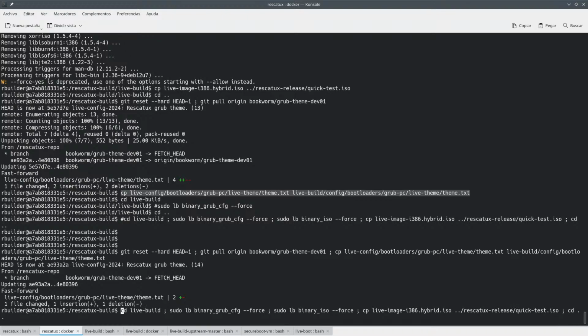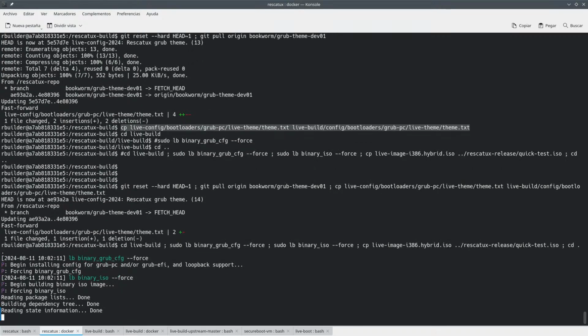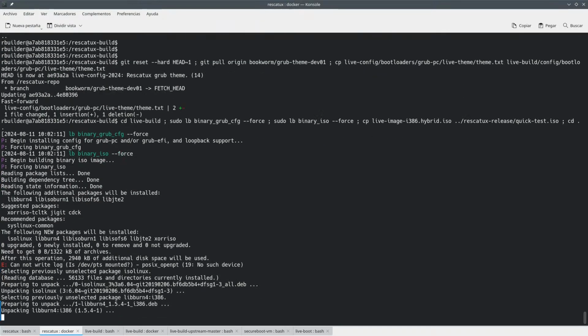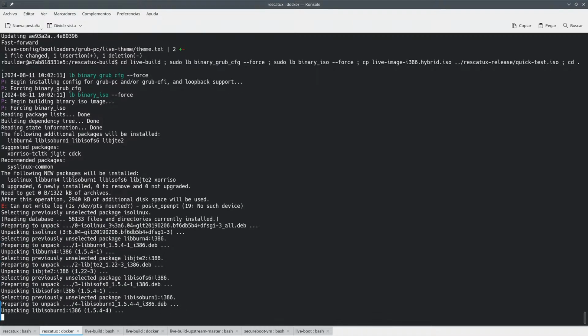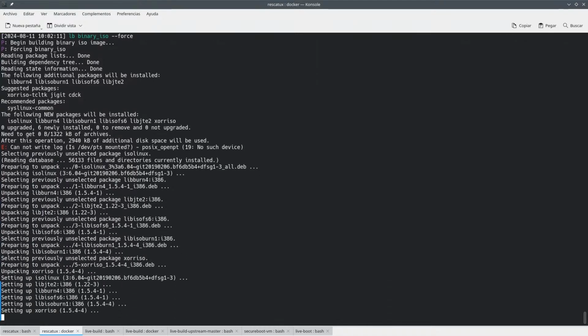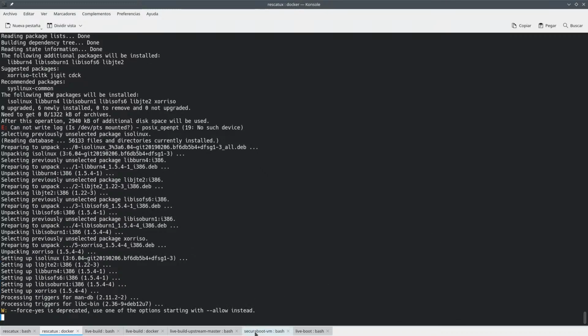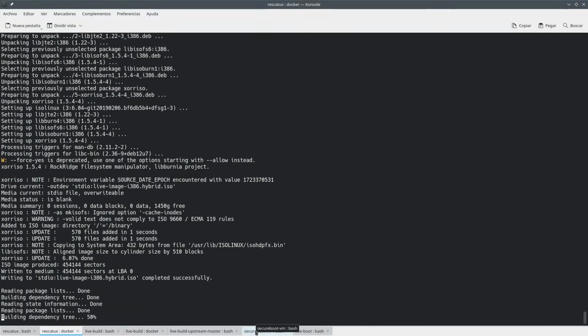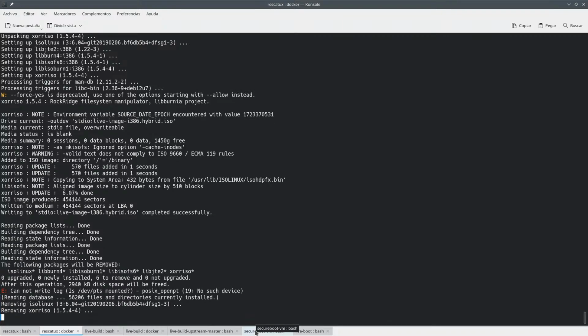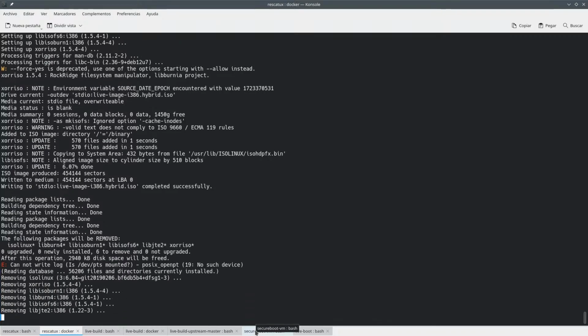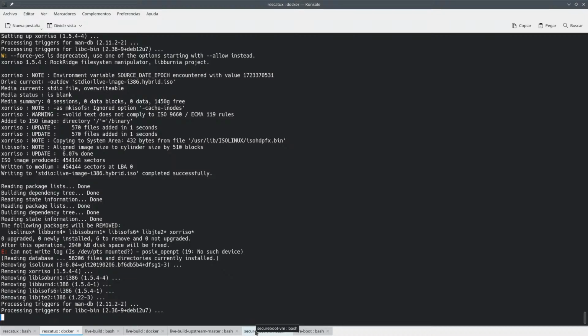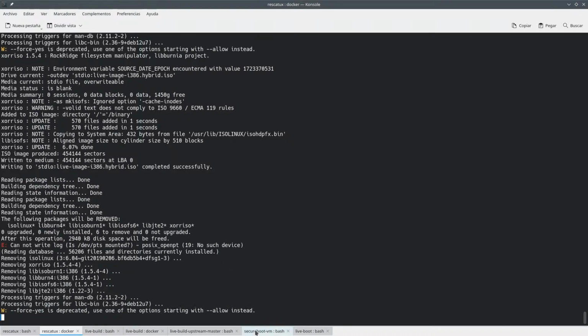And then we're going to do this: I go into live build, I recreate the GRUB CFG, I recreate the ISO, I copy the ISO in the right place, and then I go down. That way I don't have to type so much, and it's going to be much easier to work with this. So I'm not sure how this is going to work. Hopefully I can have some very small font that I don't have to